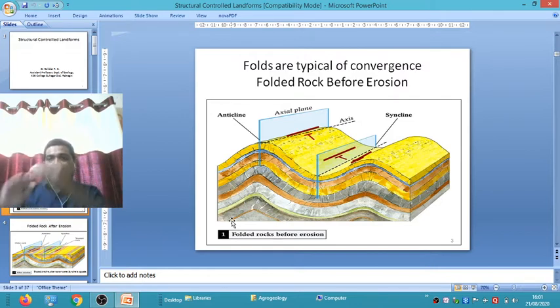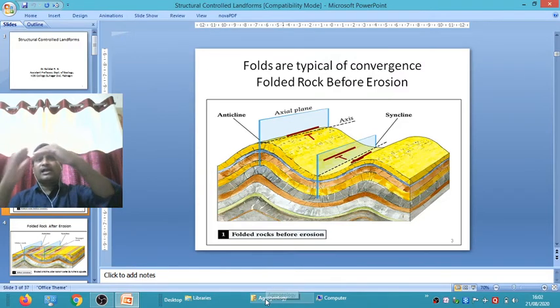This type of upward convex, umbrella-type structure is called a crest, and the bowl-like structure is called a trough. You see this figure, this is the bend. In a fold there are two bends. This bend is called a limb. This is the terminology of fold, this one and this one.